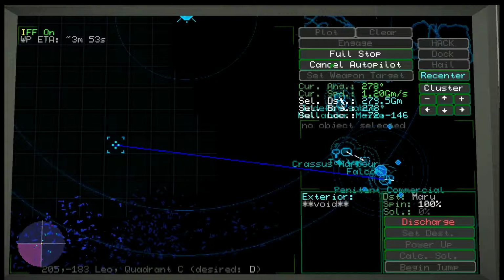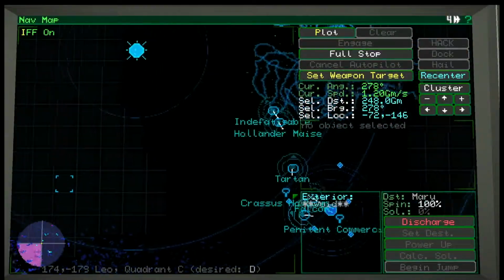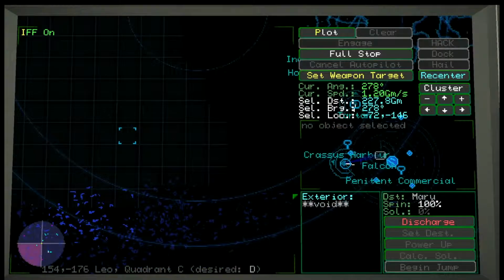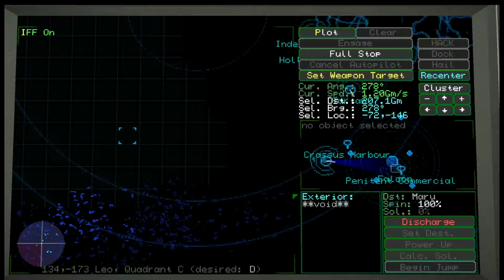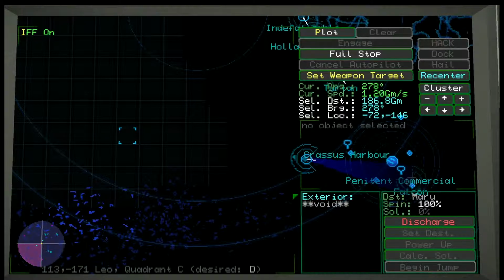We have now reached full speed, so I'm going to go ahead and cancel our autopilot. And I'm going to go ahead and bring us up to 4 speed again. And maybe, just maybe, guys, we can actually have some kind of a pirate encounter. Another tip on that, for cargo missions, if you are going to be doing a lot of cargo missions in the early game, and you probably are,